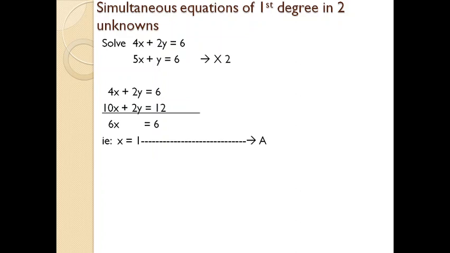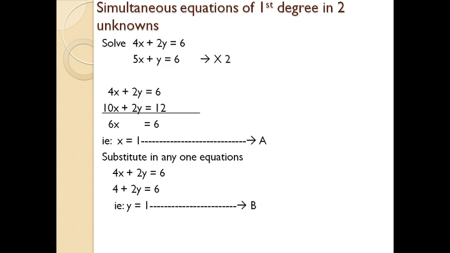We got one variable. Next we have to find the other variable. Just substitute the value of x in any one of the equations. You can use any equation depending upon your convenience. Here for the time being I selected 4x plus 2y equal to 6. By substituting x equal to 1, that is 4 plus 2y equal to 6, then y equal to 1. Now we have got x and y. This is how we arrive at finding the value of an unknown variable from given linear equations.